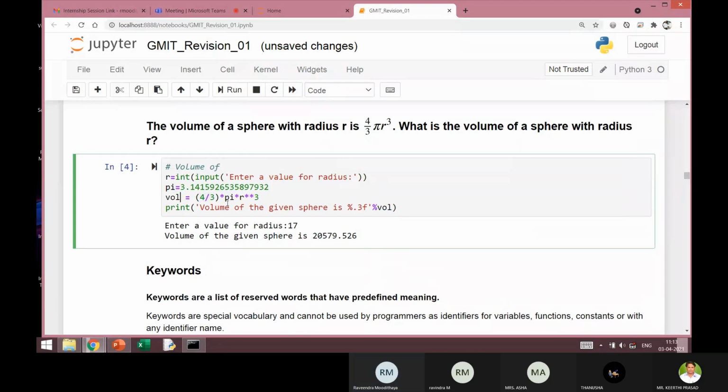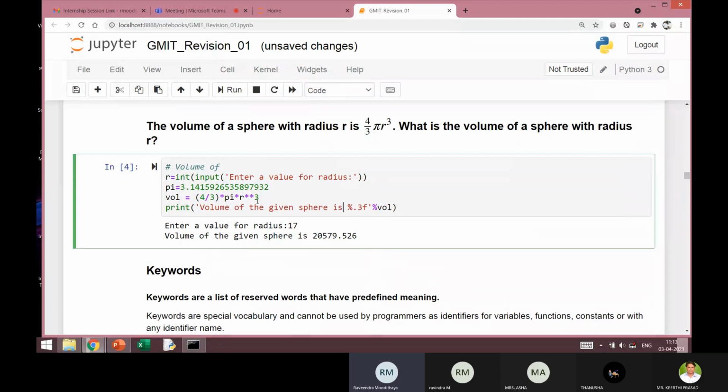And the value of pi is also defined here. And the value of r is 17 that we have inputted. And remember that r double star 3, the double star is exponentiation. So it is r raised to 3. So it will do this computation, and that is displayed here.